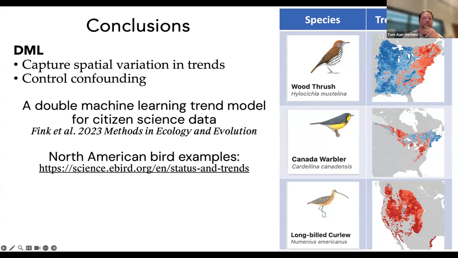Next question. I'm not sure people can hear me that well, so if you could repeat the question. Sure. Given that the model is estimating trend between 2 time points, what happens if there is a temporal dynamic of, let's say, initial increase, stationary distribution, no change, and then decline? The trajectories, yeah.